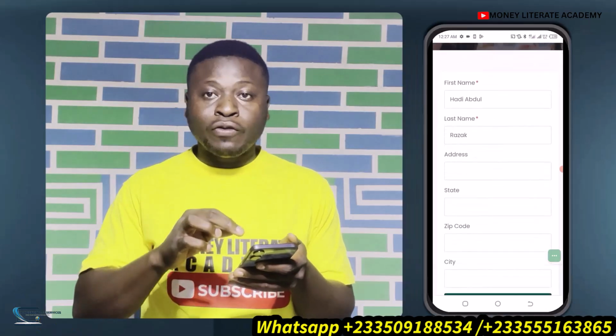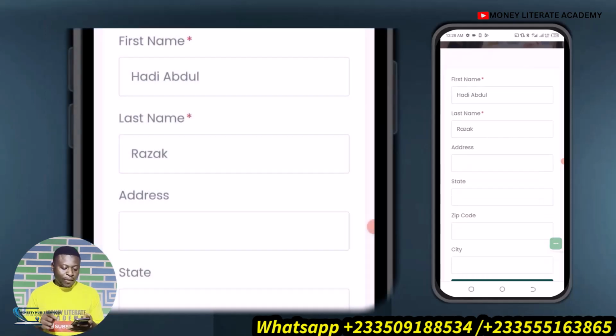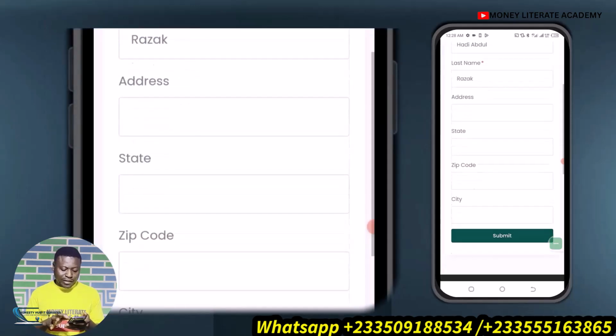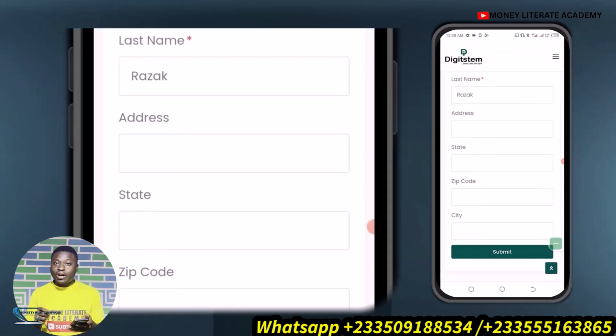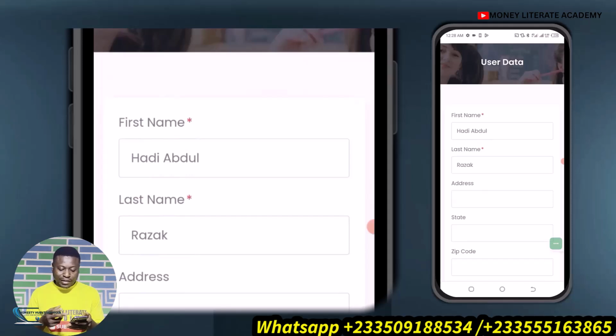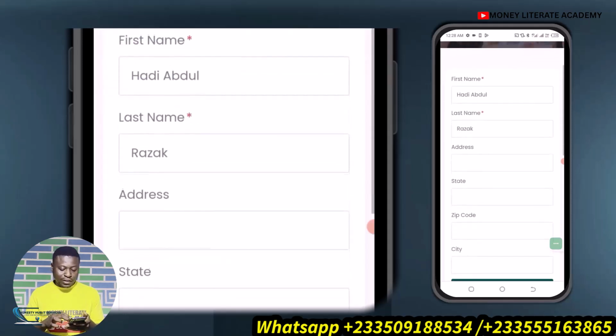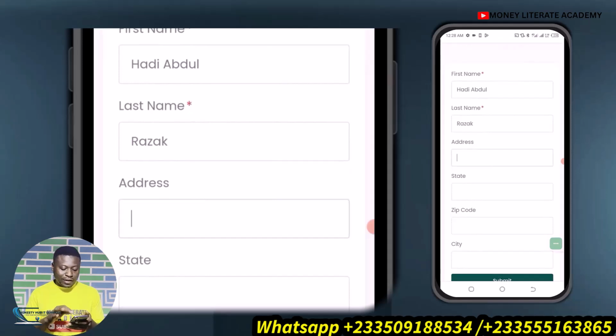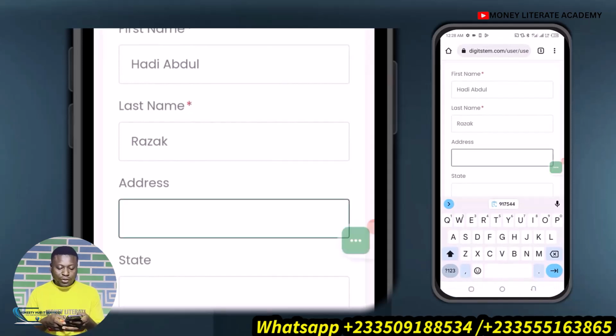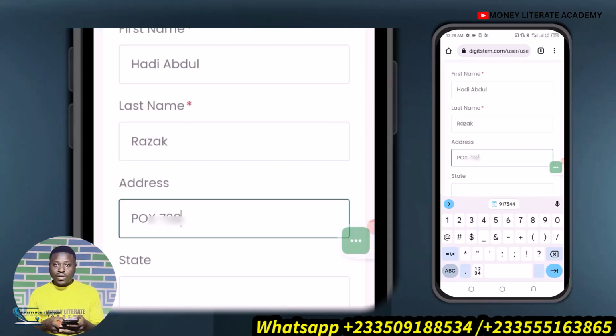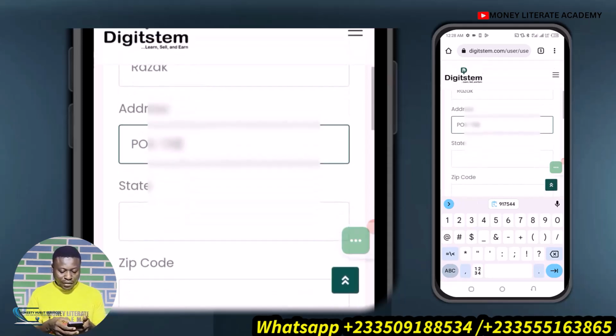You need to fill in this form: your first name, your last name, your address, the state you are from, your country zip code, and then your city. So first name, I'll leave it as Hadi. Last name, I'll leave it as Razak. And then address, you need to fill it up. For address, I have a PO box. Yeah, so I've just entered my address. The state I am